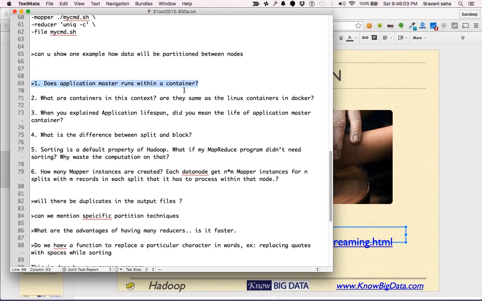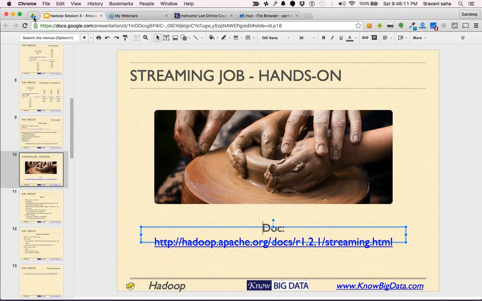So first question to all of you: does the application master run within a container? Anybody? Let me open that diagram.